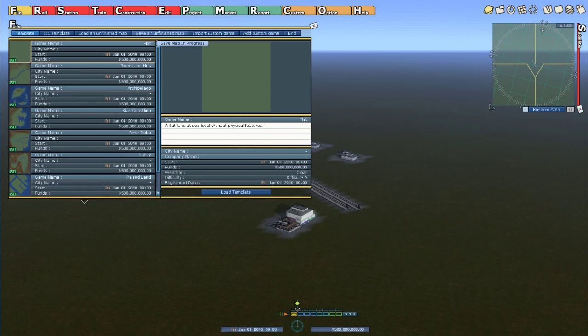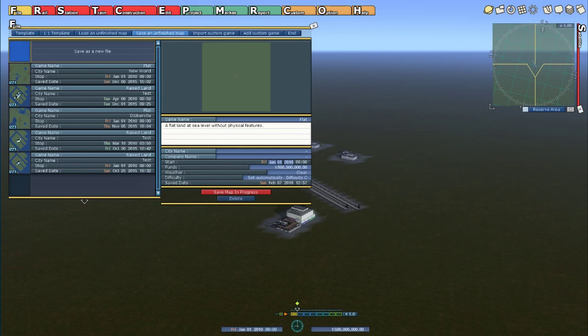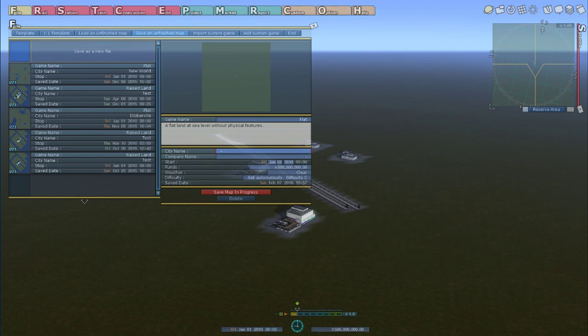It saves a map in this state, but it doesn't register it as a new game. So when you go to the new game files, it won't show up as a new game. It's an unfinished map, so you need to go into the file menu and load it again. You can save an unfinished map there, and then it'll ask you to add all the details. It'll fill in some for you, give you starting funds, basic weather, difficulty level. But you can change all of this, put a new city name,